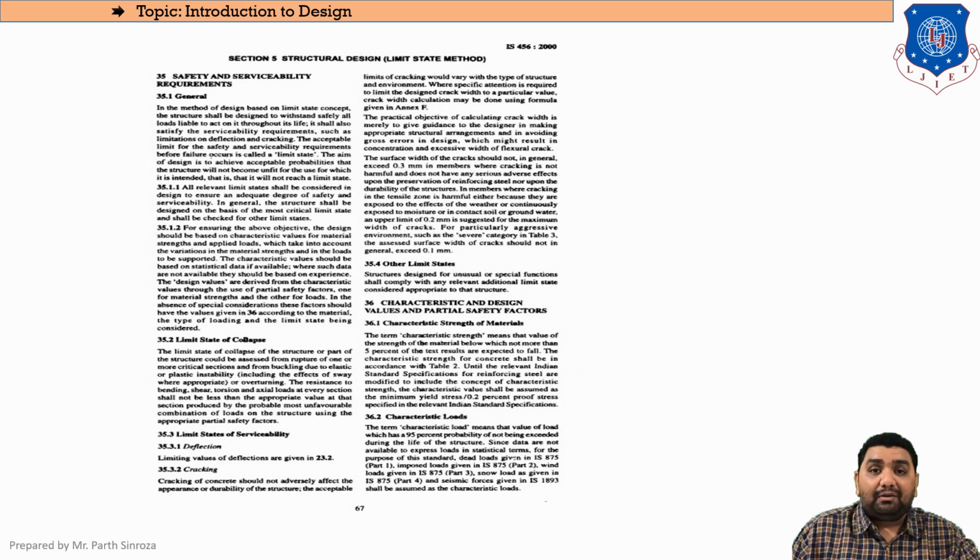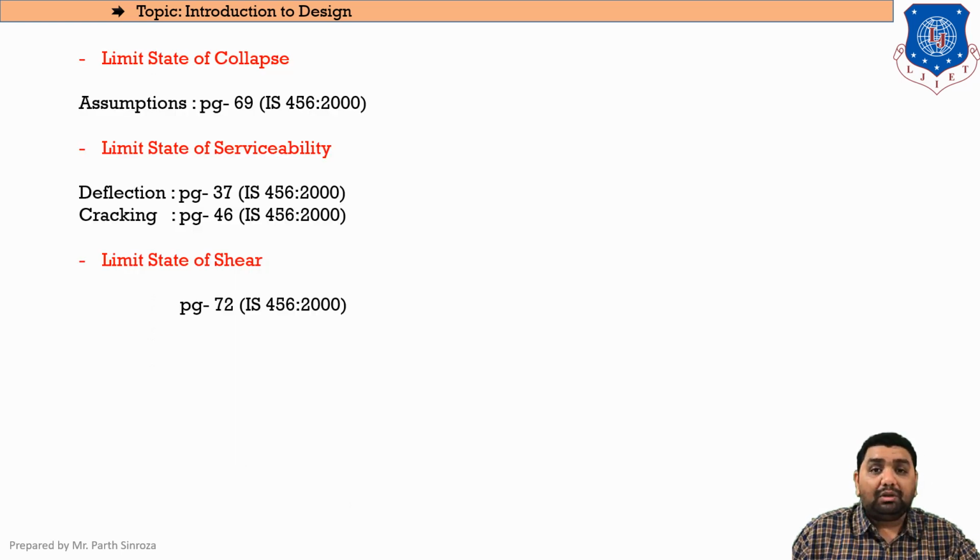So this factor of safety is introduced, and now the design that is being done is called a limit state design. Clear? So this is the basic difference between a limit state design and a working stress design. Now we will be moving on to the pages that we will be referring to. For limit state of collapse, the assumptions are mentioned in the IS code itself. So you can directly write the answers from the IS code in your examination, but you need to just change the statements of it.